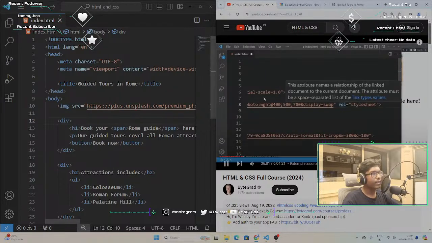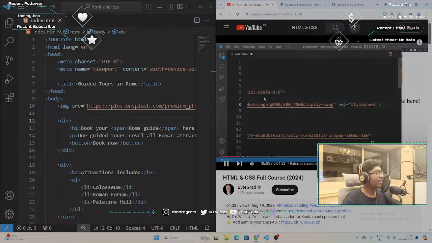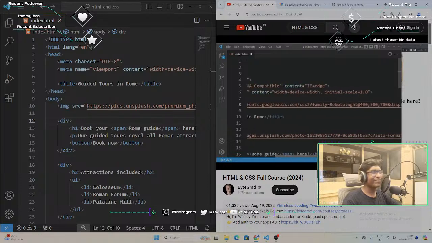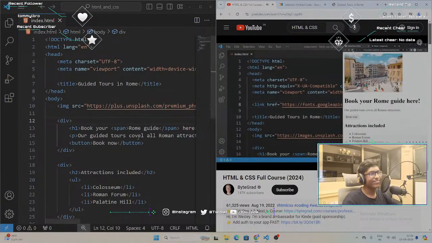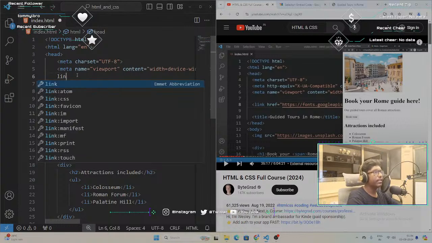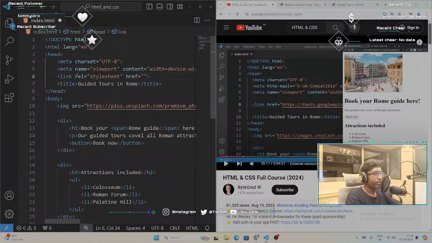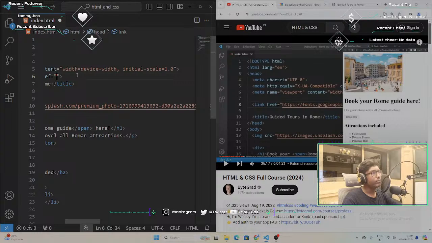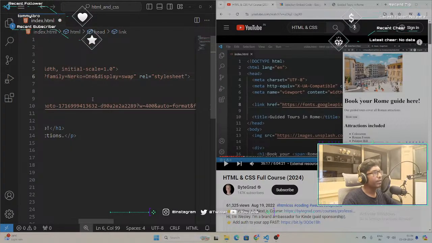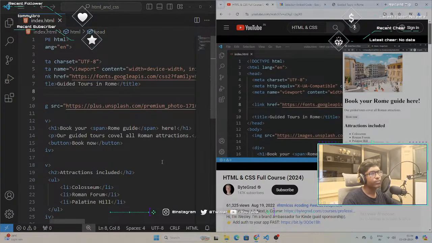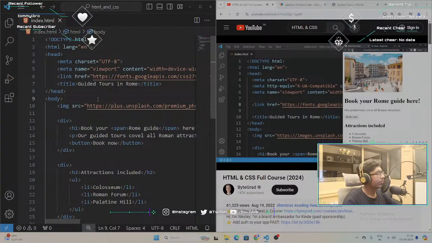So it says a rel, or relationship. It says here this is a style sheet, right? So this is actually CSS, and we'll talk about CSS in the second stream. But basically, what this link will do, if you save here and reload, well, we don't see any change. So we need to add this in the head. We have already copied the link as such. The font hasn't changed yet because we need CSS to do that. But now, what's going to happen is when you load the page, meaning the browser